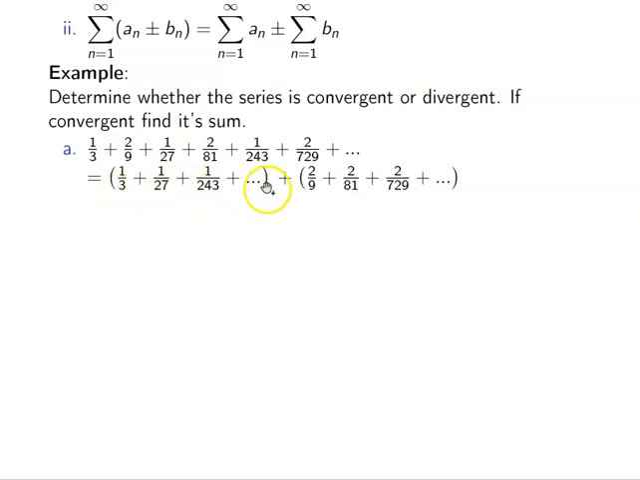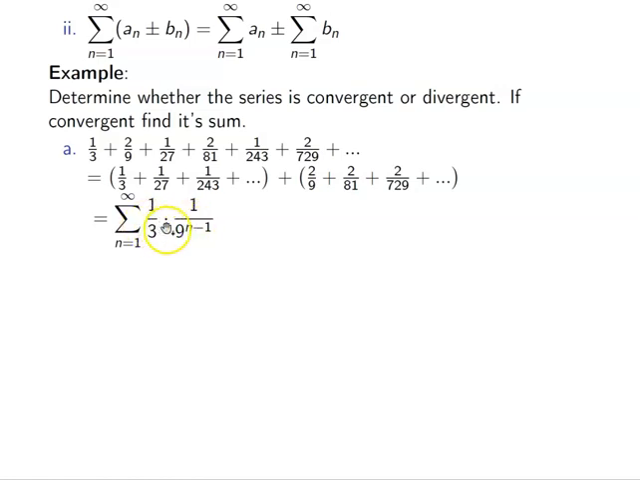So this looks like the power is going up by an odd number. Each time it's going up by 2, but an odd number. This is going up by 2, but an even number, because this is 3 squared, 3 fourth, 3 to the 6th, and so forth. Okay, so I just need to write that down in terms of what I have. So for the first one, I would write this as 1/3, okay? And I could write it as